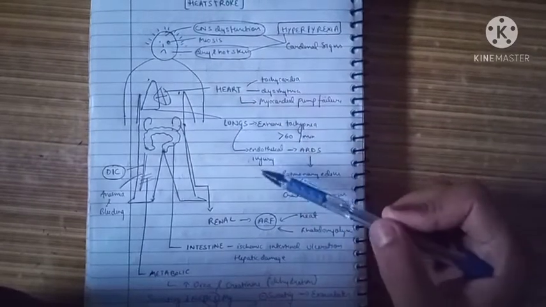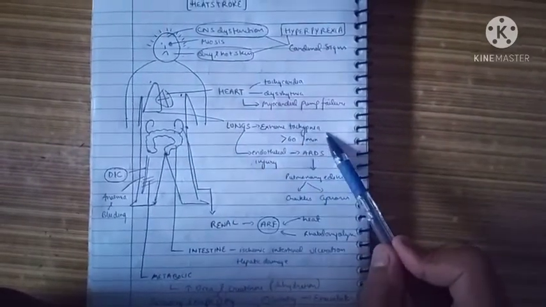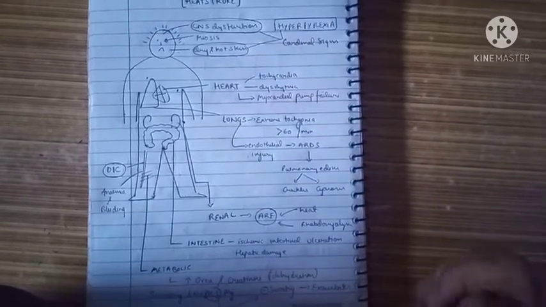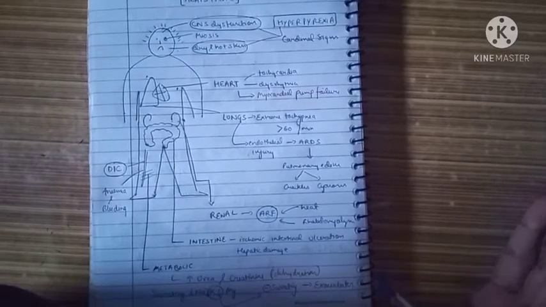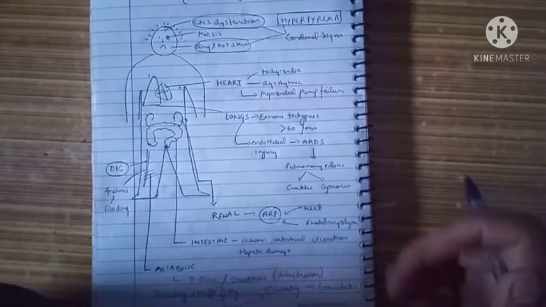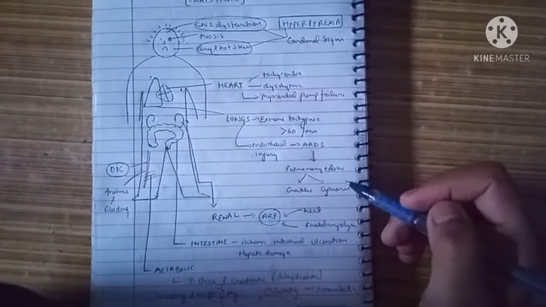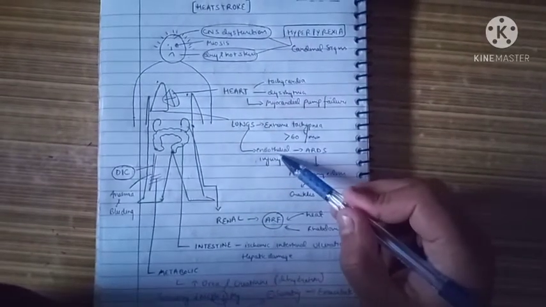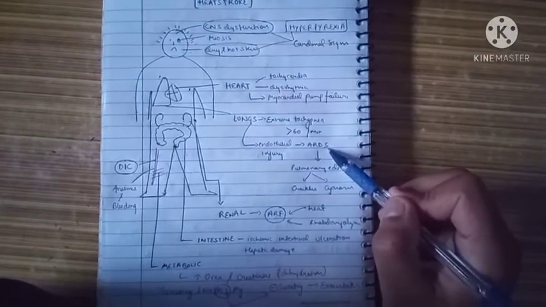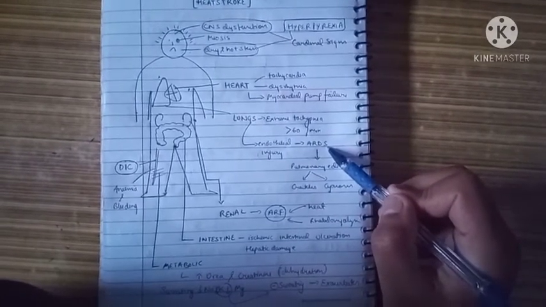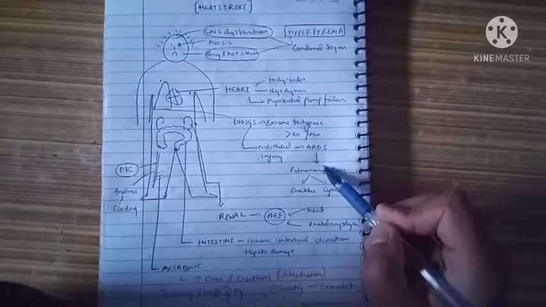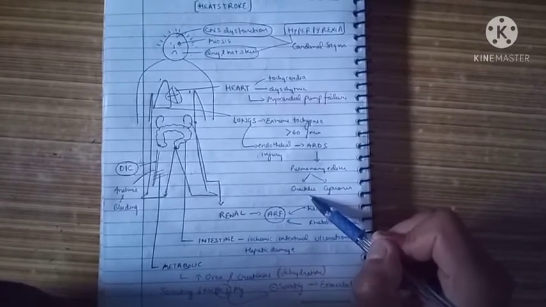The third thing is the lungs go into extreme tachypnea, more than 60 breaths per minute. This is because the metabolic processes and oxygen consumption of our body are very high, and the body needs to compensate for that, so the lungs go into extreme tachypnea. Due to inflammatory cytokines, there is endothelial injury. This endothelial injury makes the patient prone to ARDS, that is acute respiratory distress syndrome. A patient of ARDS has pulmonary edema, and on examination we observe crackles and